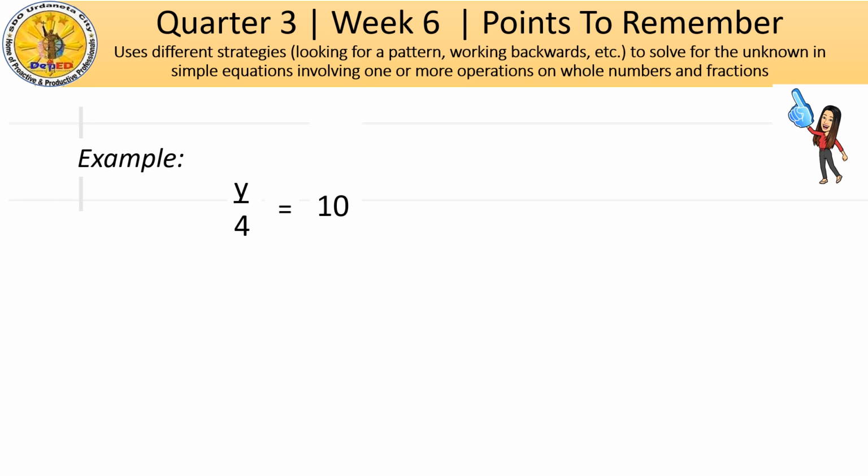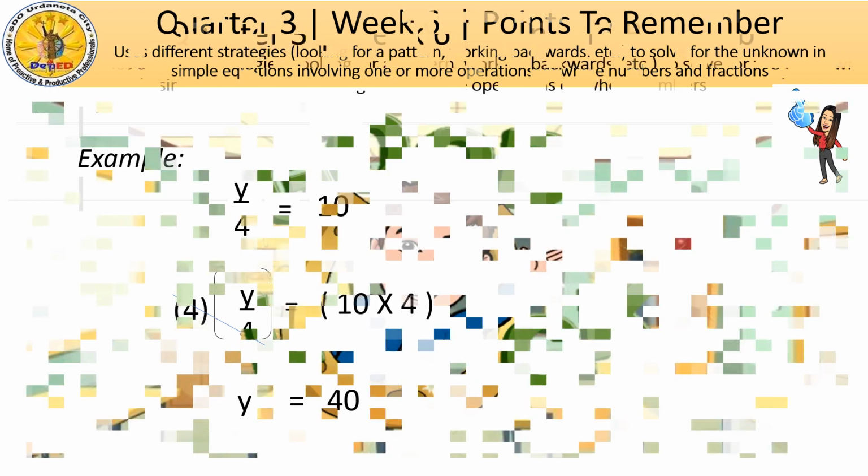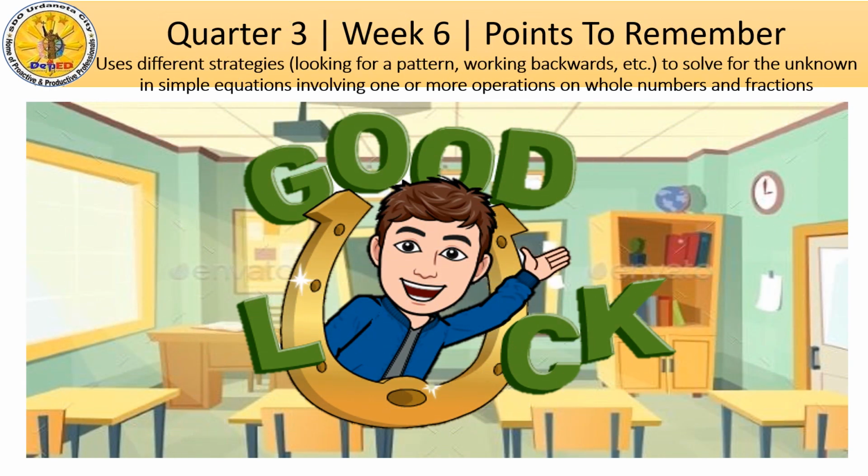Another example, we have y over 4 is equal to 10. Then the multiplication property of equality allows us to multiply both sides of the equation by 4 to get y equals 40. This ends